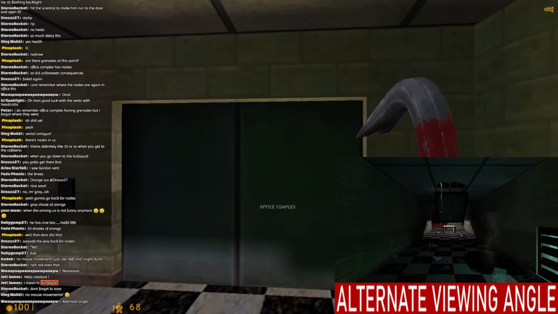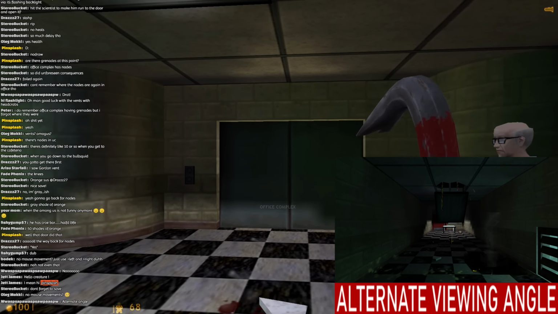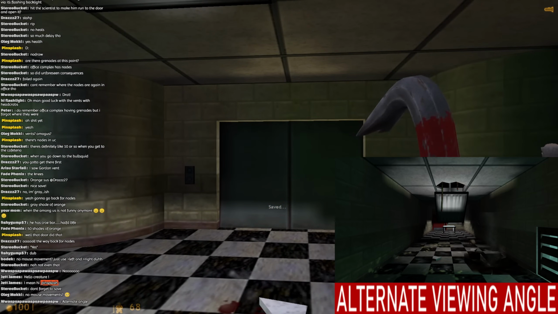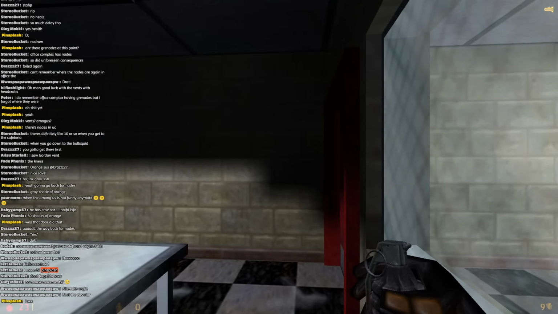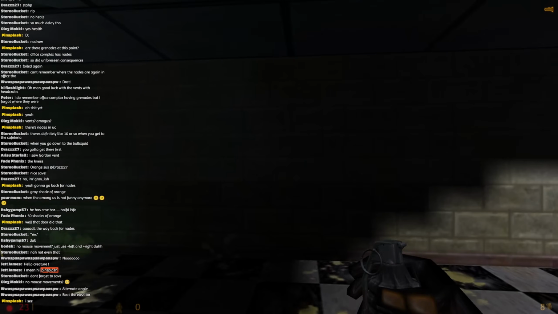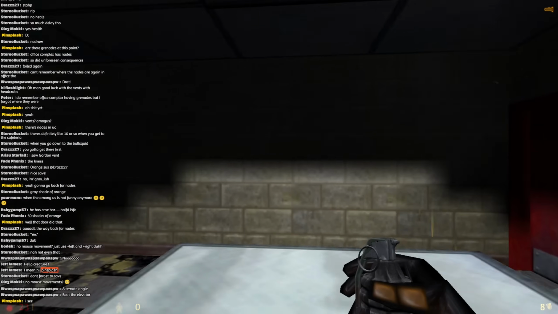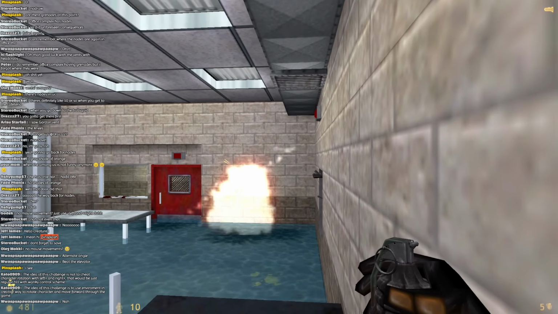Now we have to deal with this electrical rod. You're supposed to turn off a power supply in order to prevent it from hurting you as you pass by, but we will be doing the speedrunner strategy called not caring. With the angle that I'm at, the only way I can hit this window is with a grenade. Same thing here.